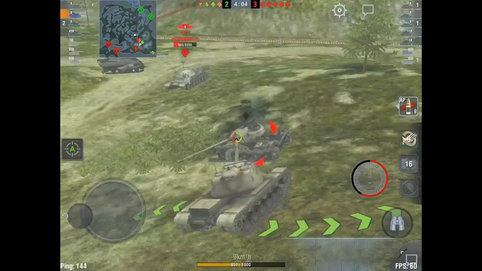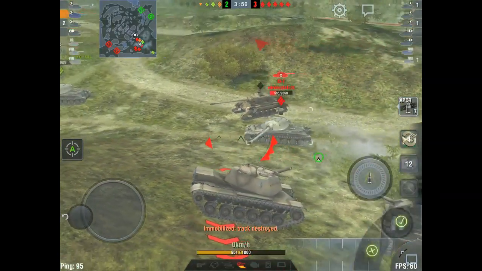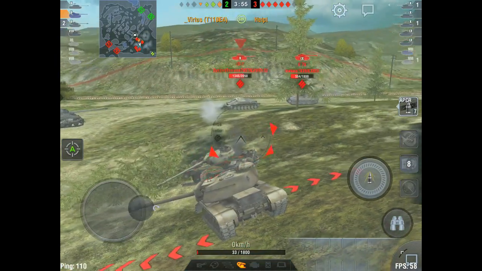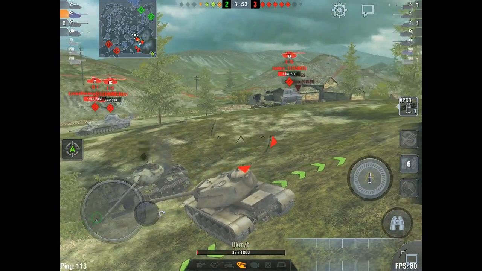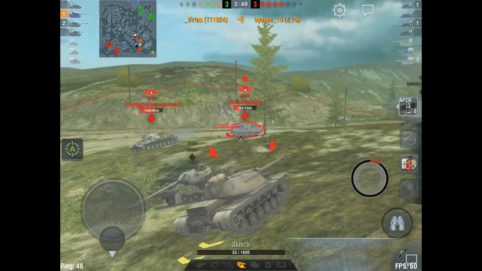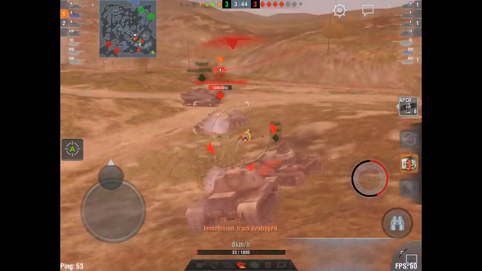This thing does not have the best armor. It has the hull from a T105, and its turret sides are relatively weak, with around 250 millimeters of armor, and its cupola is weak as well, with I think around 180 to 200. Now, right now I'm in a pretty tricky situation, as the team did not push forward, and I'm getting swarmed by all sorts of enemies